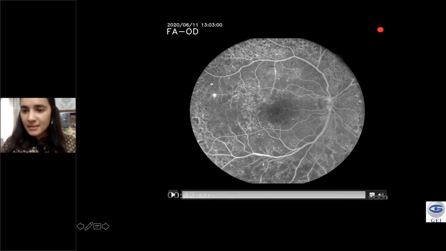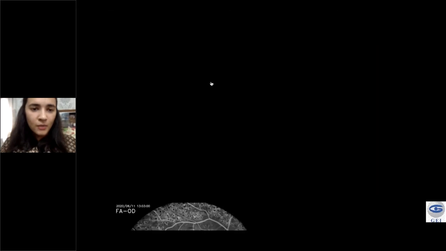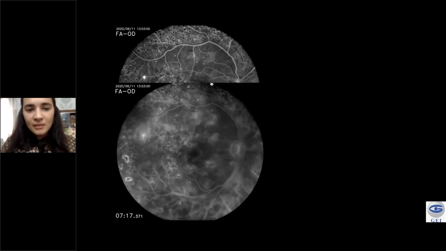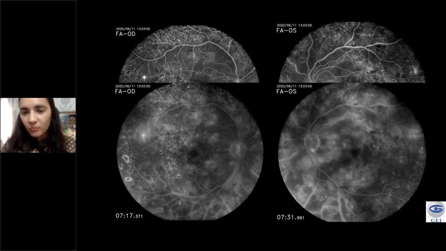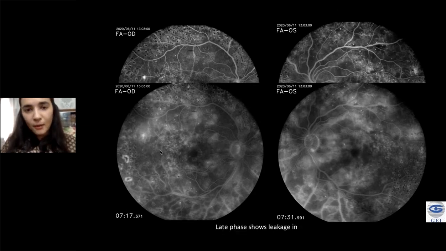Of course, to assess an angiography, you need the late frame as well. In the same patient, when we see the late frame, you see a massive amount of leakage from these multiple microaneurysms, which were highlighted in the early frames. You can also pinpoint the NVE in the temporal quadrant. Of course, you need supplemental PRP and an injection. So it is really useful. The other eye also had a lot of diffuse macular edema. So it really helps us assess the extent and type of macular edema.